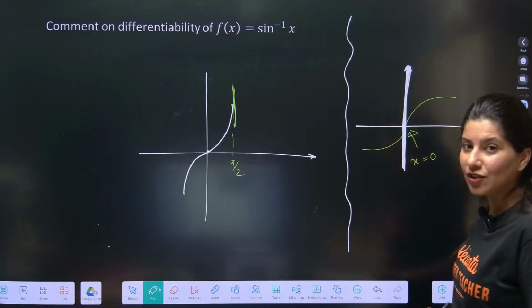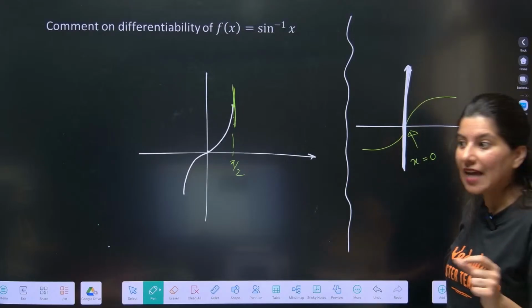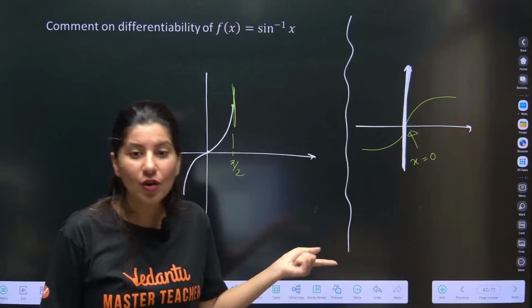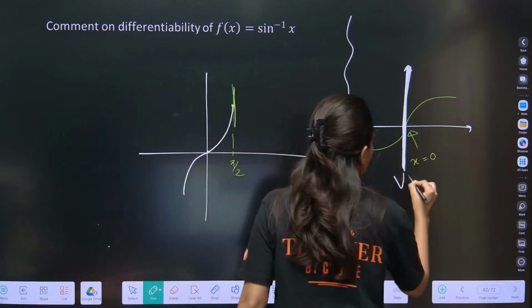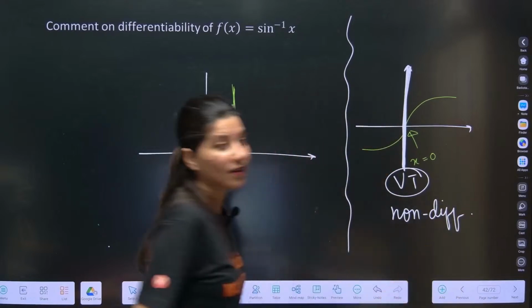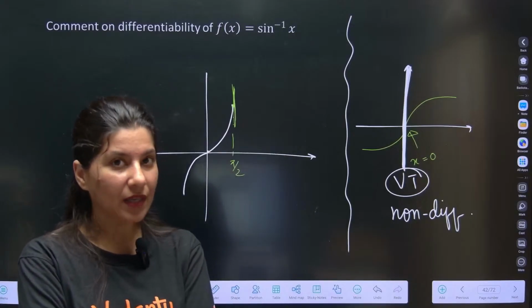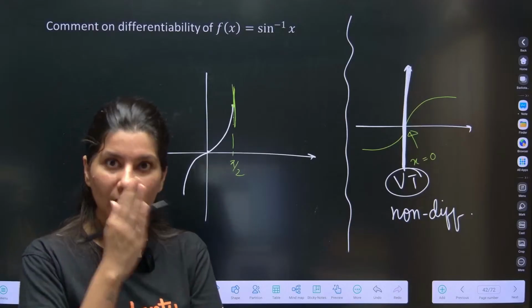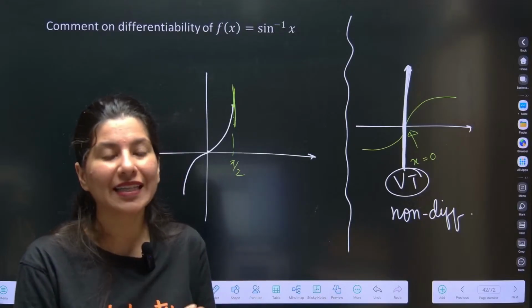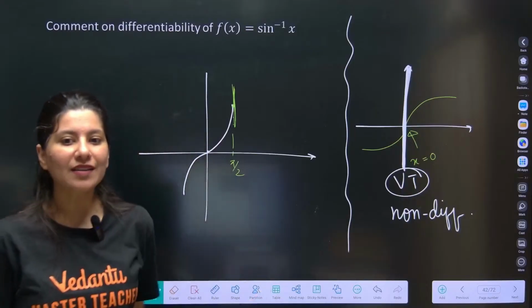And vertical tangent means what? The slope is infinite. And as per the definition, a unique tangent has to be drawn of finite slope. So that's why if at all vertical tangent comes into the picture, the function is still non-differentiable. That means one more thing got added. We were actually looking for sharp corner, but if at all you find that at any point you are able to draw a vertical tangent, it looks like it is smooth, it looks like no sharp corner, but in reality, as per the definition, mathematically, that function is non-differentiable at that point.